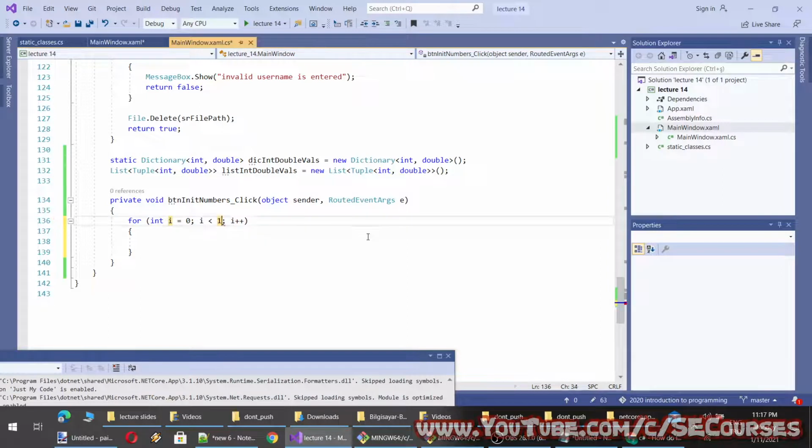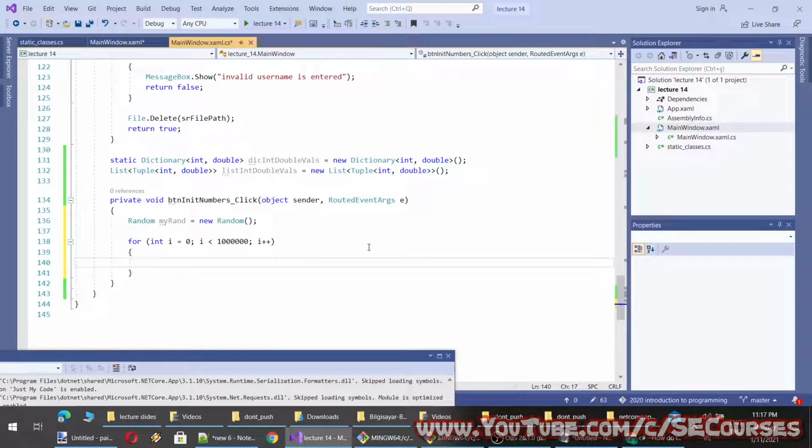I think 1 million should be fine. Yeah. Okay, and then I will use a random number generator. It will be equal to new Random, and here basically we will generate a key for, or not, let's make it random. Oh no, we can make it random.